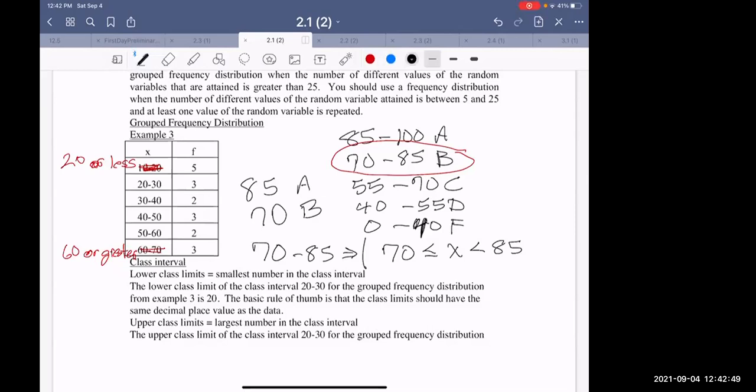So this is what it means. It's easy if you think about grades. That's what you want it to equal. Therefore,